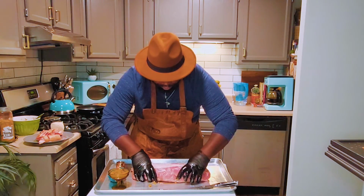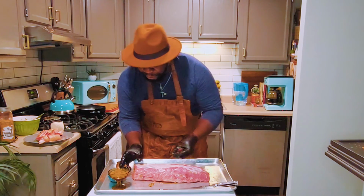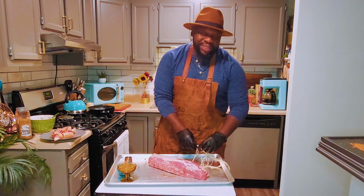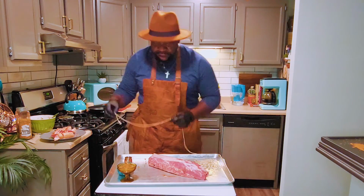And finish it all the way over until you see the other side. If anything falls out, just stuff it on the sides at the end here. It won't make a hill of beans of difference, I promise you. Now, great time to go ahead and tie it with the twine. So, you're gonna take your twine,